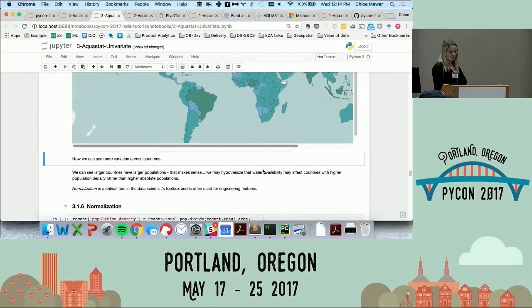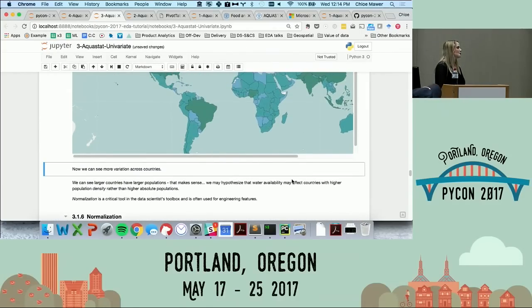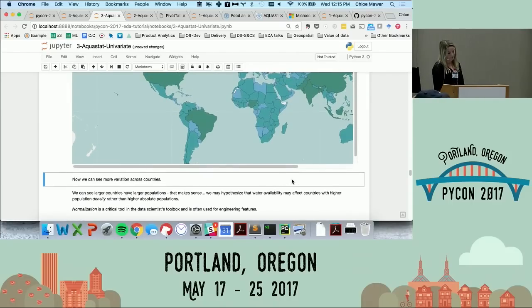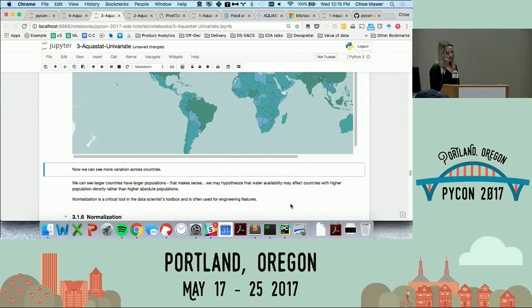Okay, so the other thing is, if we're thinking about how water availability and water use affects a country's GDP, you might also want to understand that a very small country might not have much water if the population is still very large, right? So it actually matters how many people are in that country versus how much water that country is getting, which is kind of a function of the area and population. So another thing you might want to do is normalization, right, is what's the population density